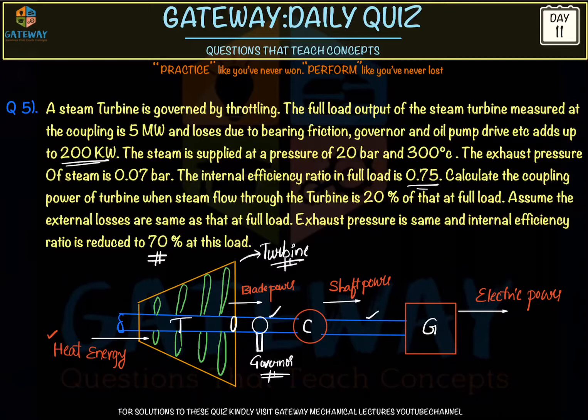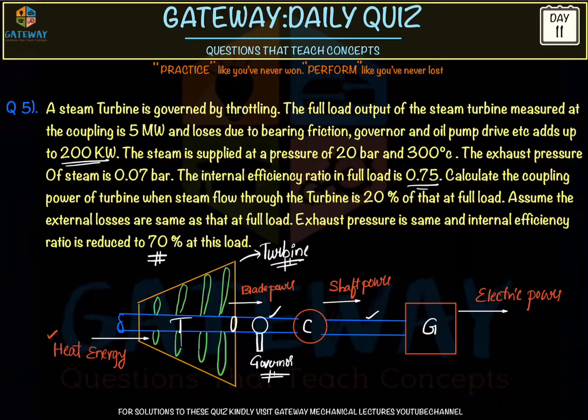Suppose you decreased that load. Suppose you were leaving the house and you turned off all the fans and the air conditioners, and you're left with only the lights, your refrigerator and other devices which should be running all the time. Then your electrical load is reduced. Since the electrical load is reduced, we need not give the same amount of heat energy to the turbine now. We just reduce the heat energy also.